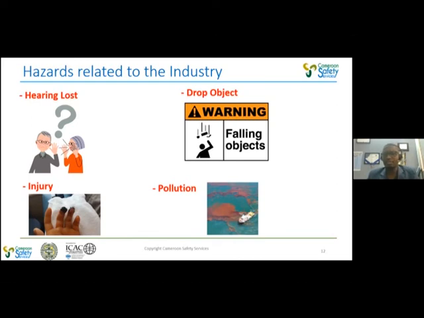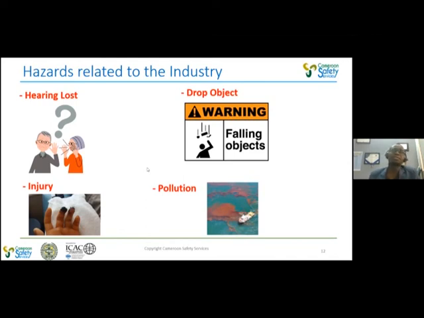There is a high risk of drop objects, like I said, because of the fact that equipments are being used. Sometimes due to vibration, we can have loose knot, and this loose knot at height at a point can drop, and if it drop and get into contact with someone, it can injure the person. So there is a high risk of drop objects as well during lifting operations or when someone is passing under